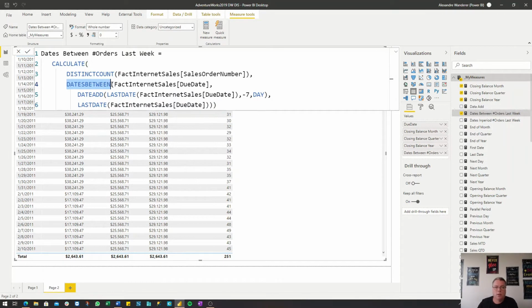We have DATESBETWEEN. We are using the function here. What due dates, the same due dates, and here I'm going to show you the use of DATEADD. So I'll go back 7 days in our calendar. Here we have DATEADD -7, and the period is day, okay? And I'm using the last date in the context